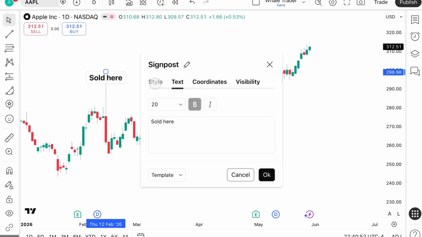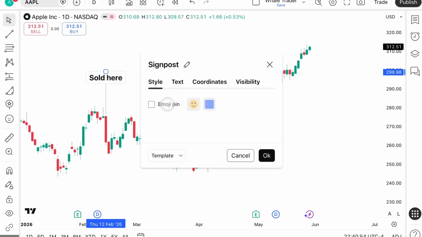Awesome. You can even go to style and put an emoji here. Let's add